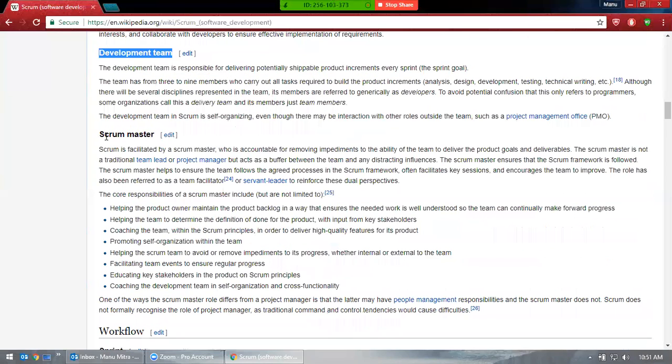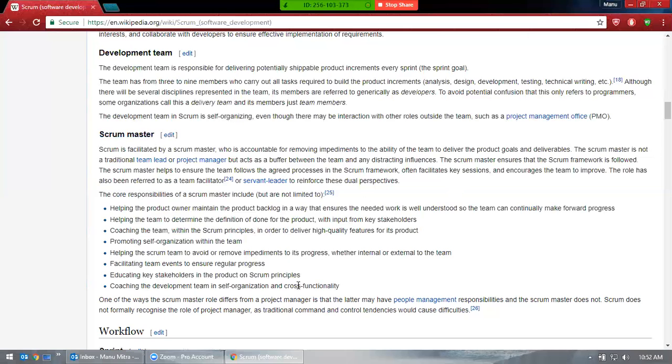Then you have a scrum master. Okay, scrum master is the project manager in waterfall methodology. Here you call it scrum master. There is no project manager in it. You don't call project manager, you call scrum master, because he or she is responsible for making sure there are no impediments. Okay, so that's a scrum master, and scrum master is very useful.